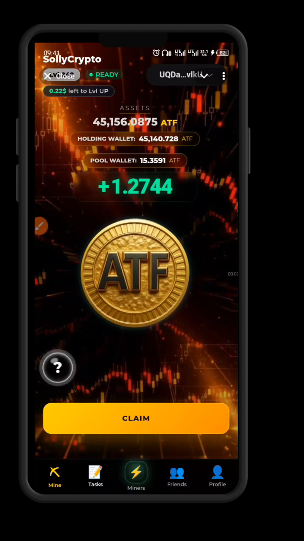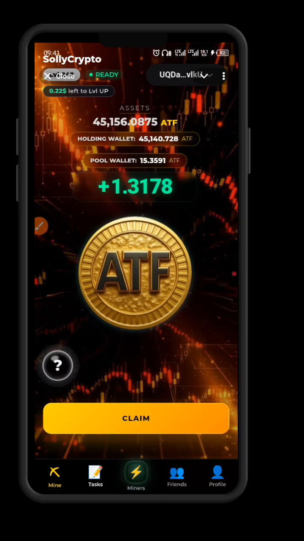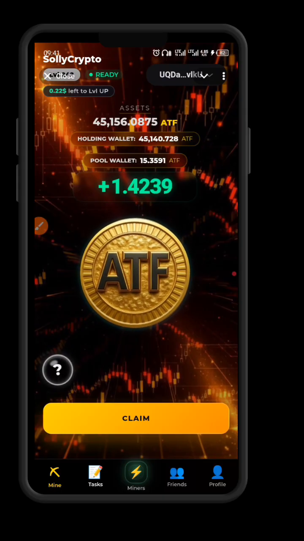In this tutorial, I want to show you how to actually mine ATF profitably. Normally people are saying it's pumping, it's pumping, it's pumping. But what's the utility behind this ATF token? How are you going to mine it? How are you going to withdraw it? How are you going to sell it? That is what I want to tell you in this video, and my own review, my own personal experience and